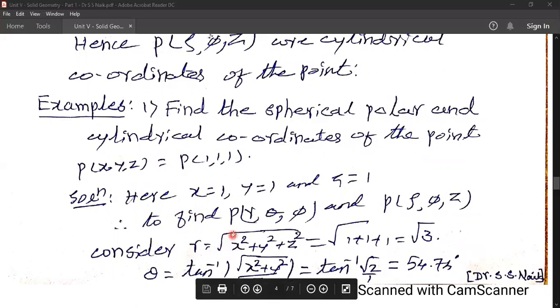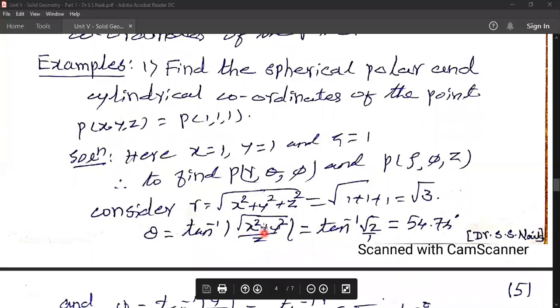Therefore, by making use of the relation between the Cartesian coordinates and the spherical polar coordinates, r is equal to the square root of x squared plus y squared plus z squared, which is the square root of 1 plus 1 plus 1, that is equal to the square root of 3. That is as far as r is concerned. Then theta is equal to tan inverse of the square root of x squared plus y squared divided by z, that is tan inverse of the square root of 2 divided by 1, that is tan inverse of root 2. Again, you'll have to find the value of tan inverse of root 2, and this value is